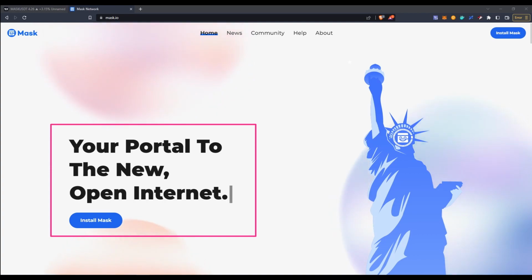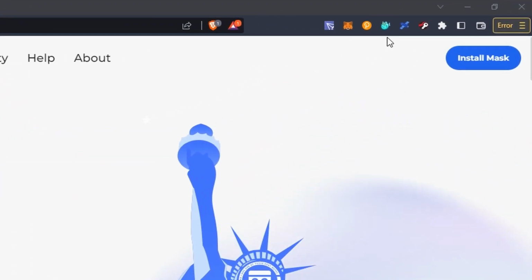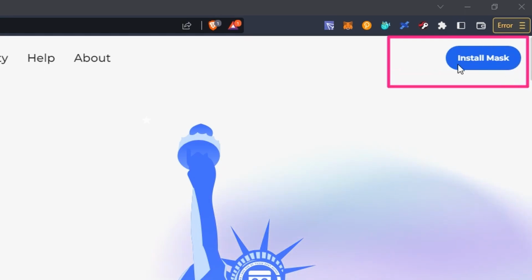But because of the huge community when it comes to Web 2, Mask is trying to connect that by installing their Mask extension in the browser, right?